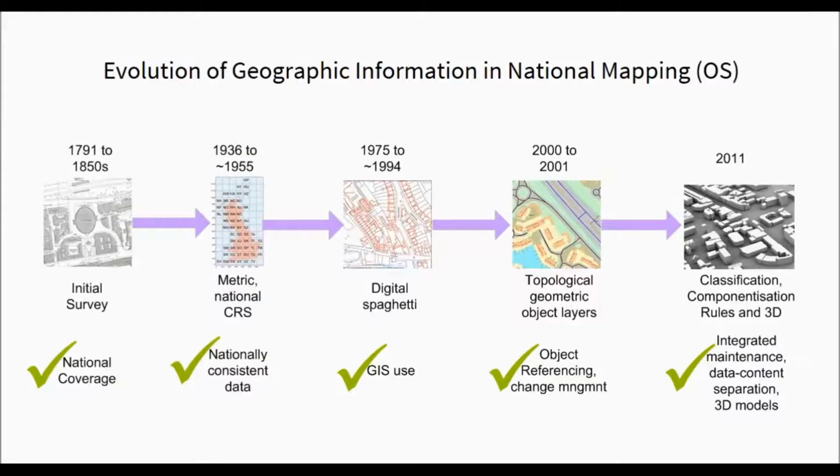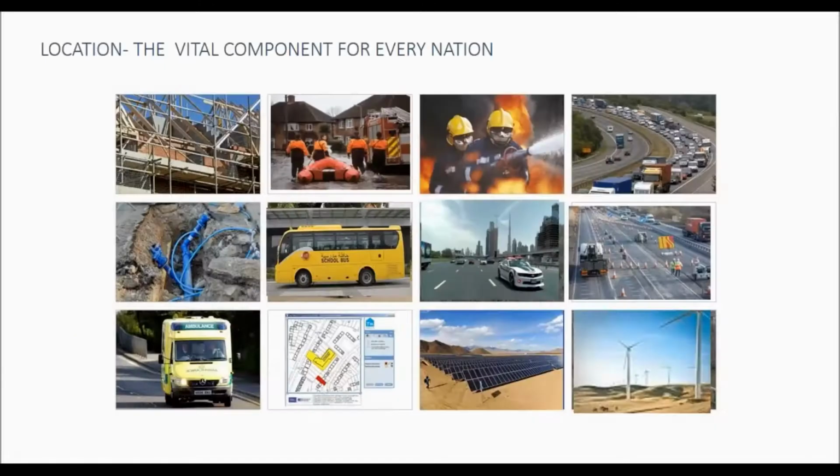On another slide, what you can see here is, from an Ordnance Survey perspective, how this went on in Great Britain, where we started surveying in the late 18th century, integrated data into a national projection system, digitized the data, object built it, and then to the right end we did a lot of background work on componentization over the last few years. So one of the obvious questions is, well, what's next? How is geospatial data going to develop in the future?